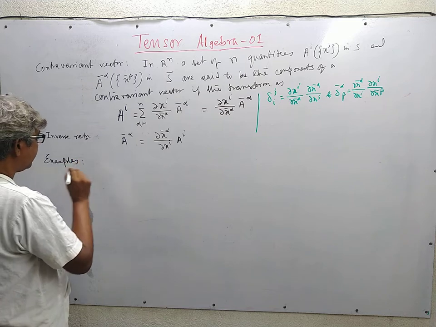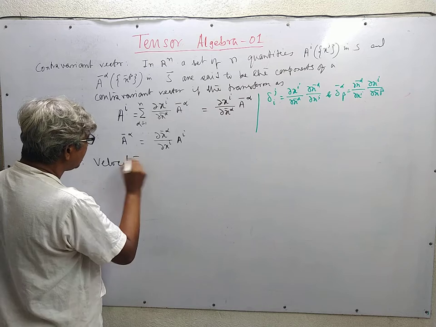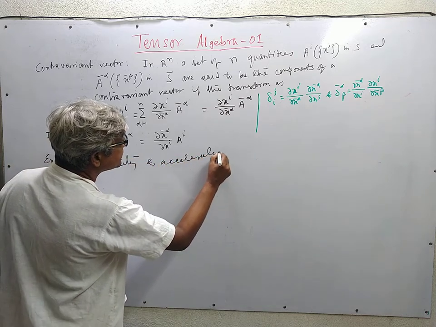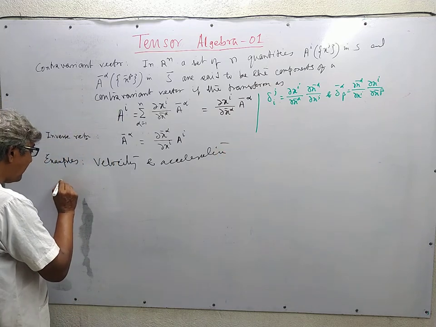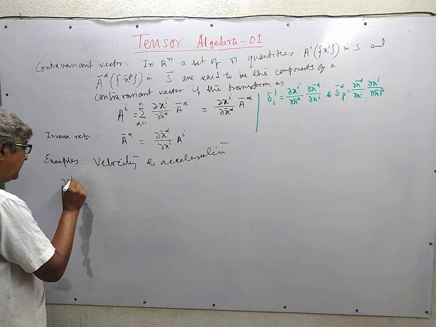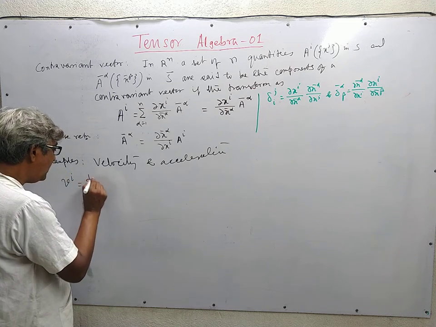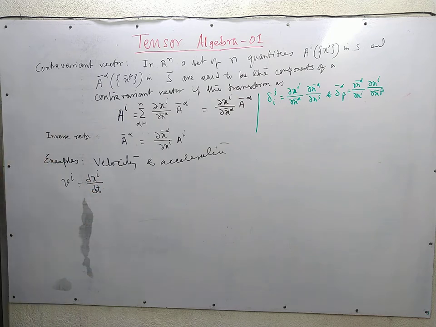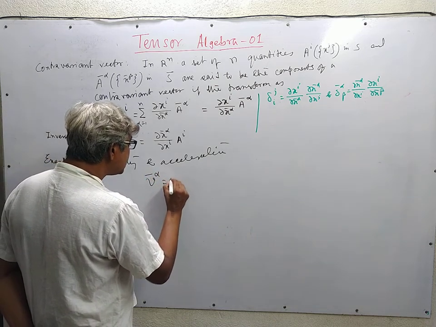Examples of contravariant vectors are the velocity and acceleration. Now, if we define velocity in S, this is actually dxi by dt. This is the component of velocity in S, and this definition in the barred system is